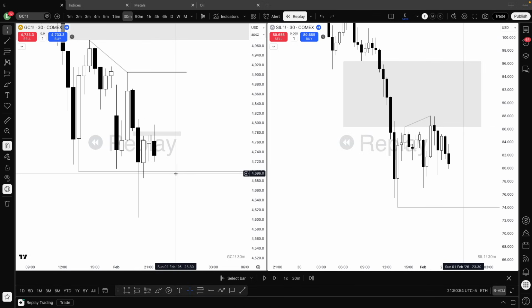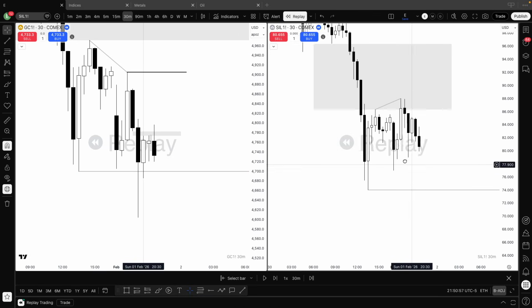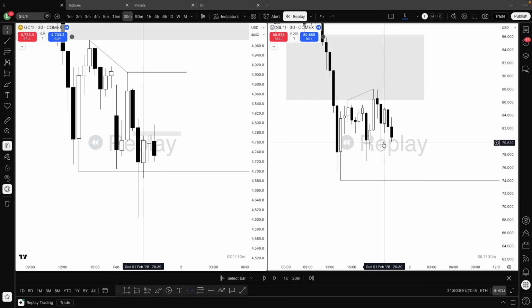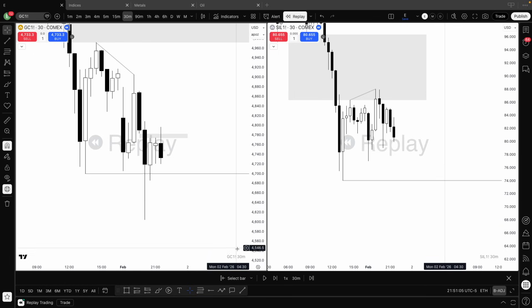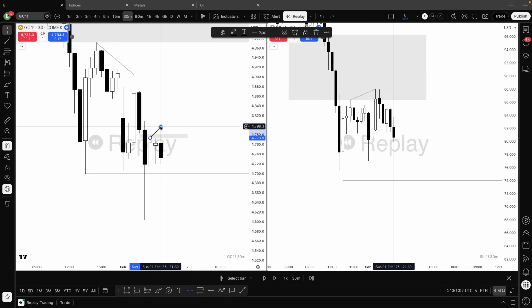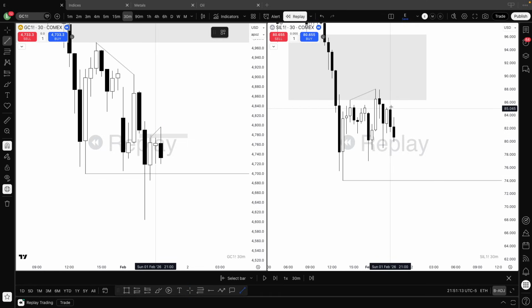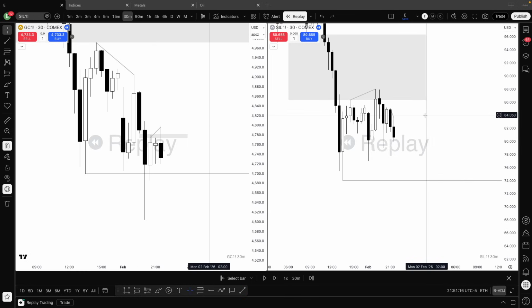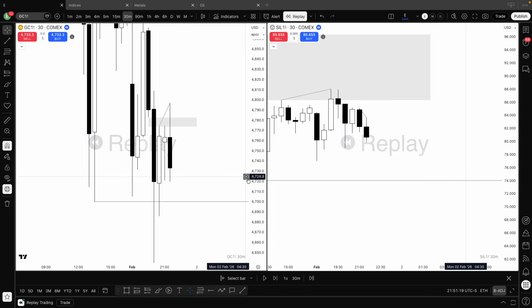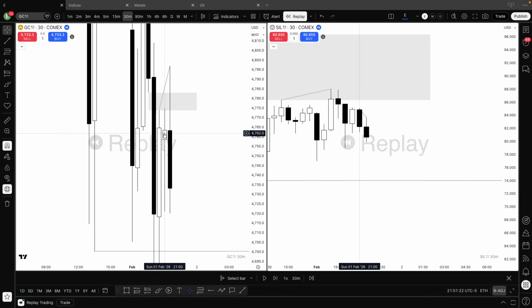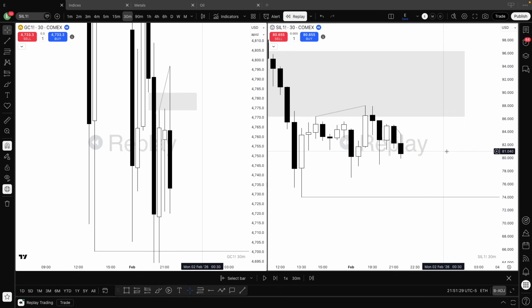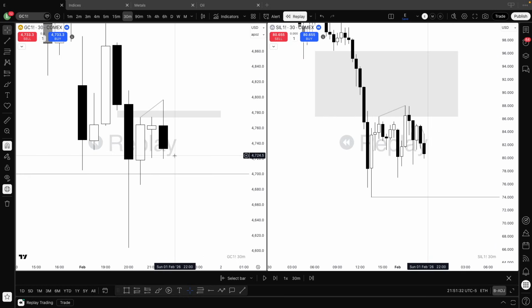So after you frame your target, which is this low resistance liquidity, and now you have your means to the target, and we have a strength switch over here, which is a gap fill paired with a PSP and an SMT, right? So at first you have this swing point, which is bullish, and then if you look here, this one is bearish. The gold took the high, silver did not take the high, and so with this logic,